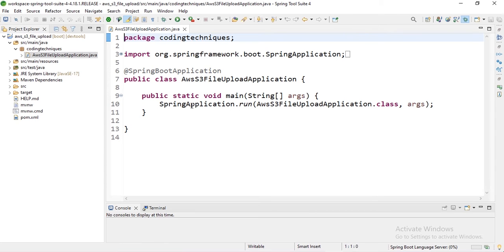Okay, the next thing, we will just go to the pom.xml so that we can add the dependency for the